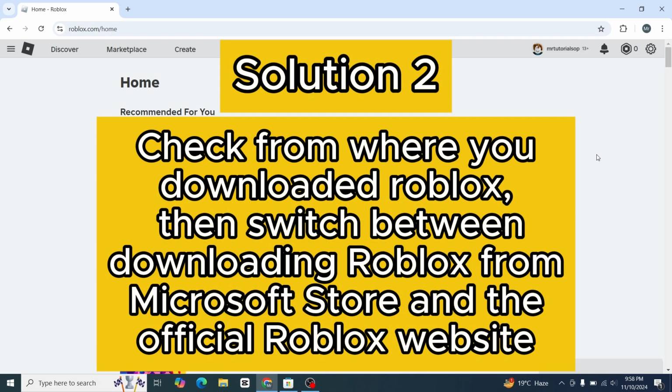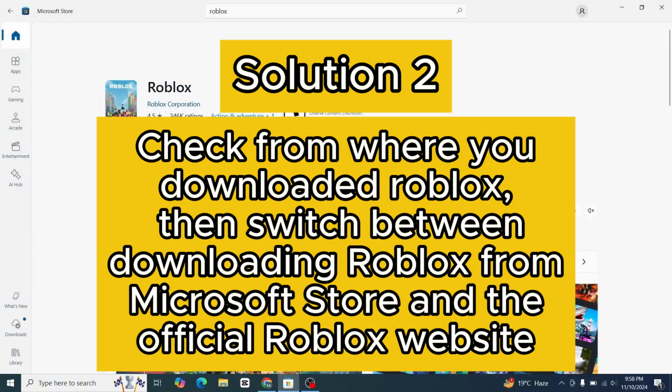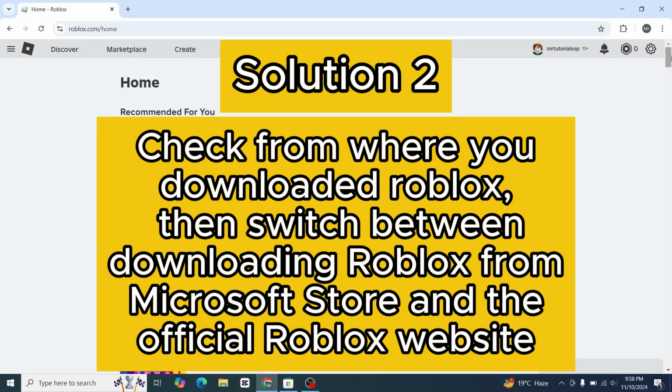In this, you have to check from where you have downloaded Roblox. If you downloaded it from the Roblox website on Google, uninstall it and reinstall it from the Microsoft Store. And if you previously downloaded it from the Microsoft Store, then uninstall it and reinstall from the official Roblox website on Google, as both Roblox are the same, and this will completely solve your problem and now your Roblox assets will